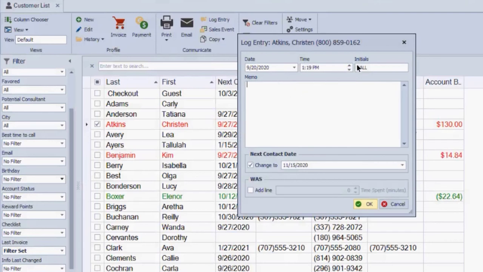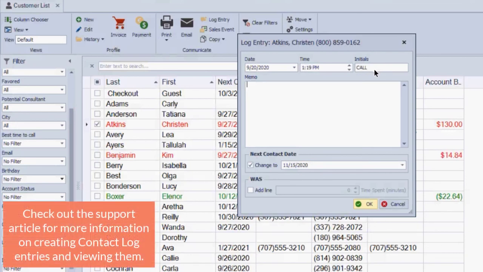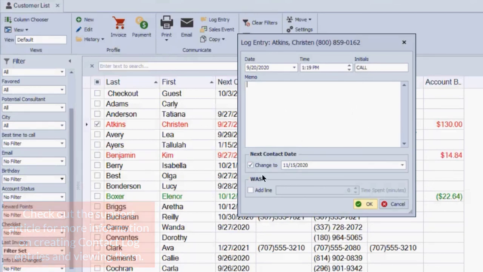You can either put your initials if there are multiple people that make phone calls or texts or email or do different account information changes to profiles. You can have them put their initials, or you can customize this field and put that it was a call, or it was a mailed postcard, or any sort of custom information that you decide that you want to enter there. Then enter a short note here, and you can choose to either change their next contact date